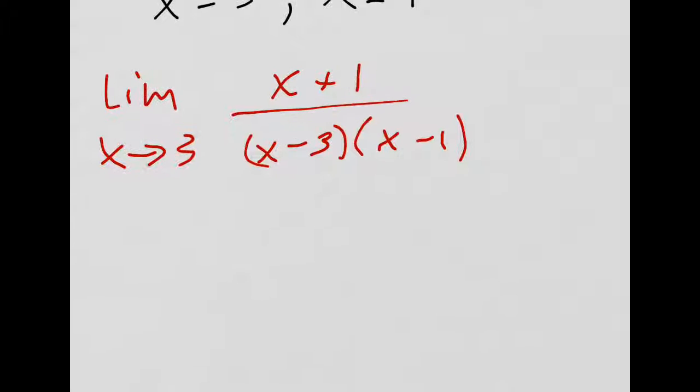So if I'm looking at this limit, the top piece goes to 4, so that's nice. Maybe I'll take it from the left side. Let's see what happens, because I want to do a one-sided limit. This bottom piece goes to 3 minus 1, which is 2. So I have 4 divided by 2, and this piece goes to, if I'm plugging in small values, that's x would be like